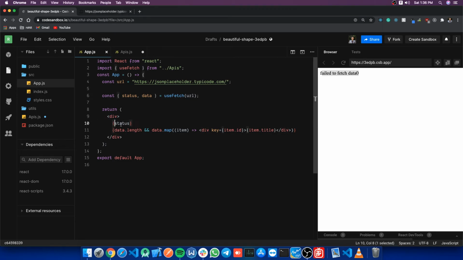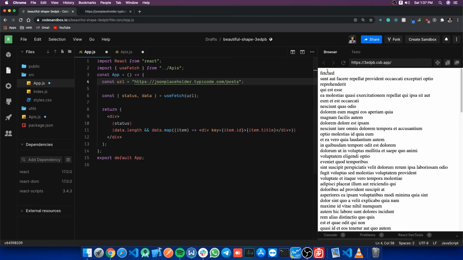And then on line number 10 we are printing our status, and on line number 11 we are using the map function to cycle through this data array, and inside of it we are printing simple item dot title. And we can see here, if I just correct this back to posts, you will see fetching, fetched, and all this is here.